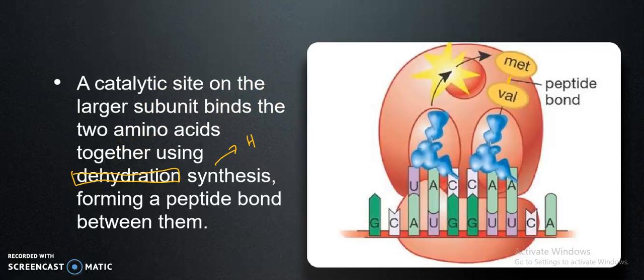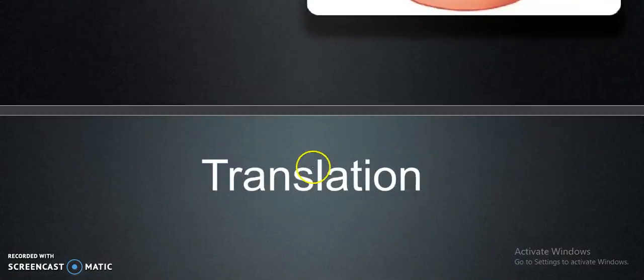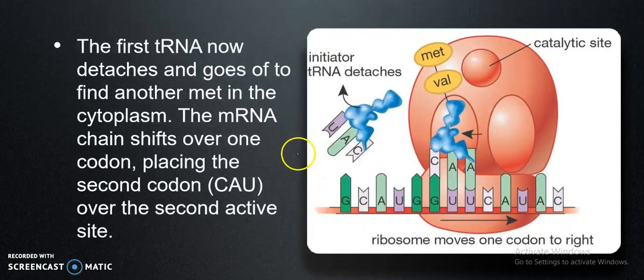Taking away of hydrogen to the bonds. Remember, they are bonded by hydrogen bonds. So take away hydrogen so that it will form a peptide bond between them, and then it will connect. Then the process continues, so on and so forth. So the first tRNA now, this one, who came here from methionine,